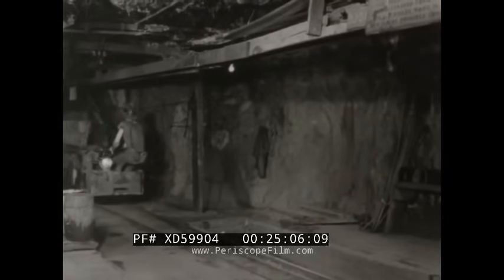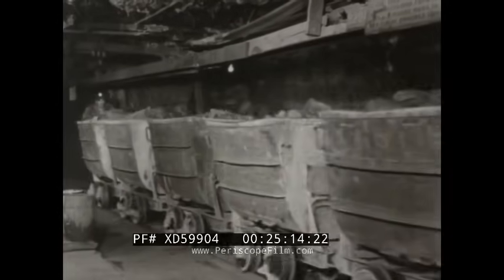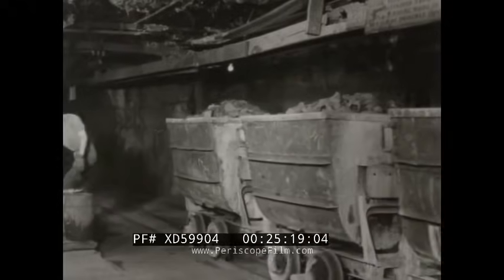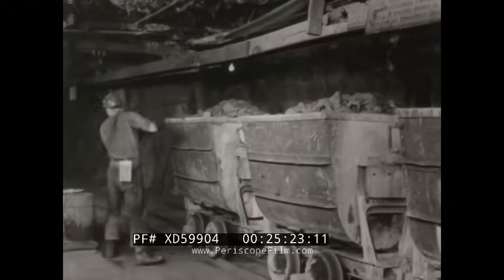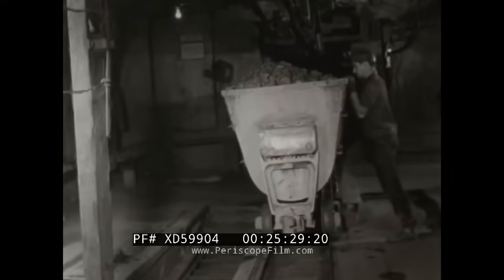Loaded cars are hauled to the shaft station and dumped into the ore pocket. This pocket receives ore from various levels above through chutes called transfer raises or ore passes. Here a sample is taken from each car for assaying in the laboratory to determine its copper content. As a safety measure, dust is controlled by water sprays at all